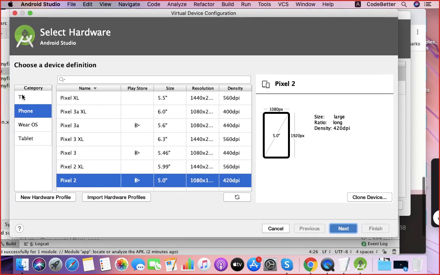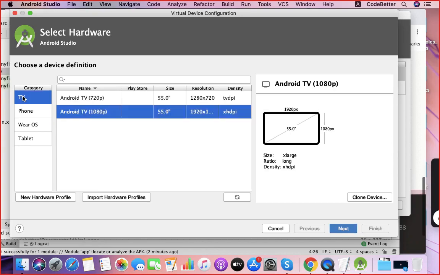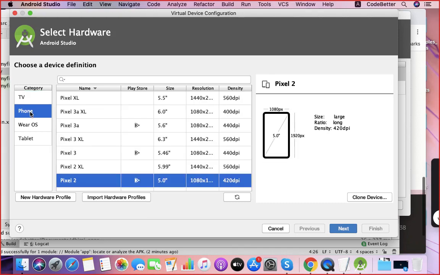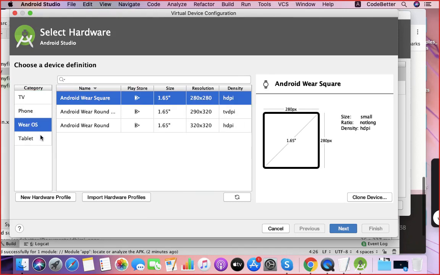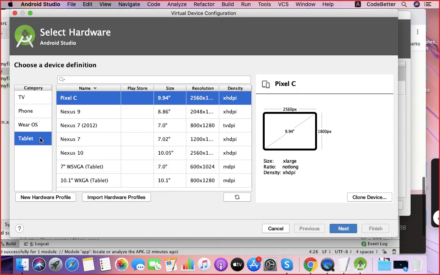Android is available for phone. Android is available for watches. Android is also available for tablet PCs. So you can create any virtual device. So I am going to create a virtual device for phone.